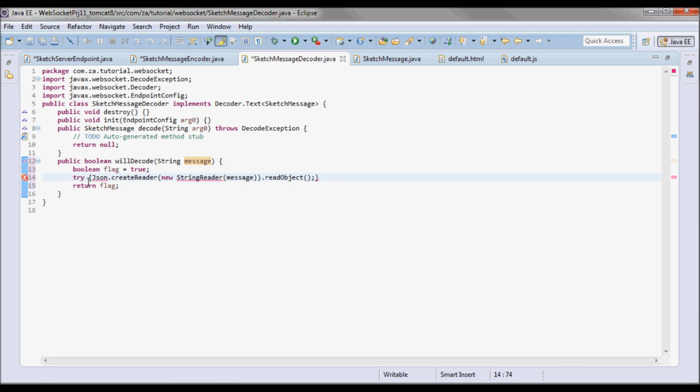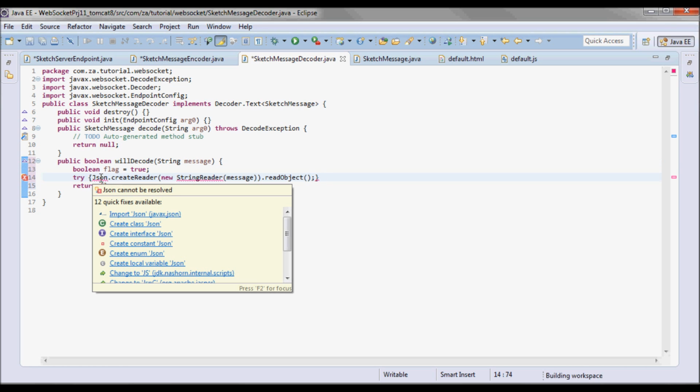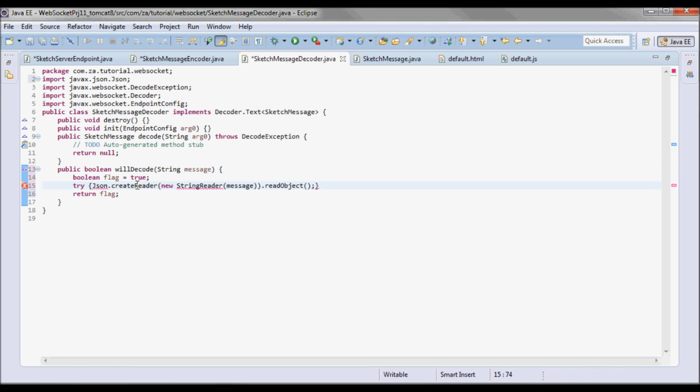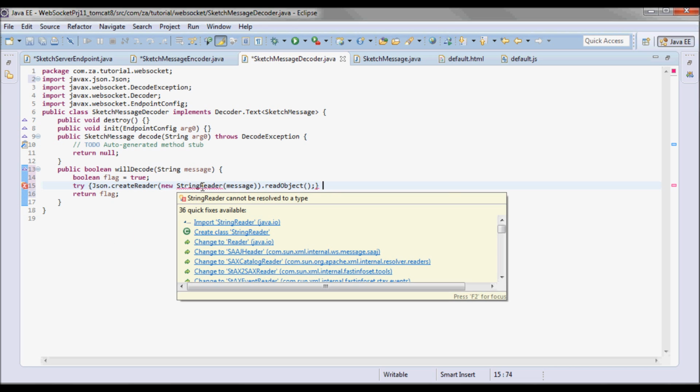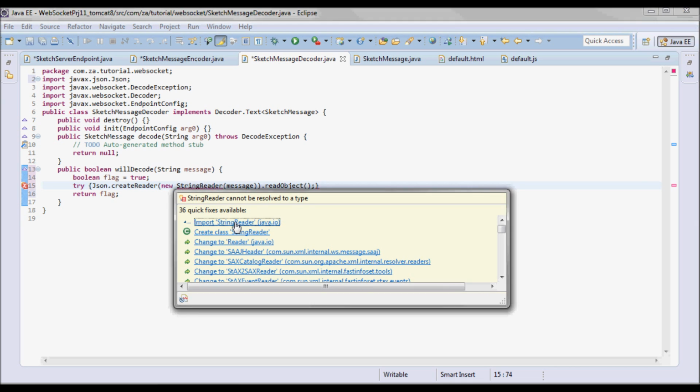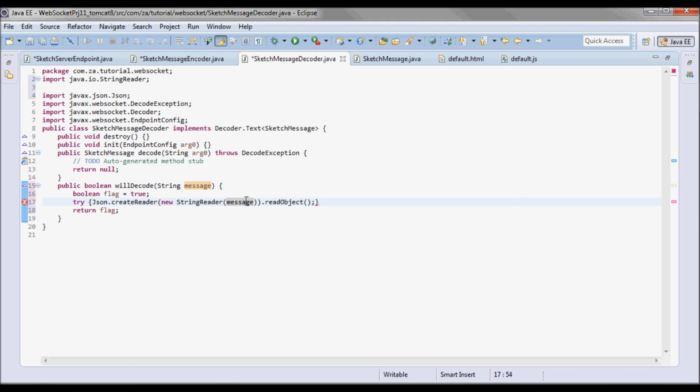So I'll do a try JSON dot create reader, this static method, passing in a string reader instance, and then doing a read object. So let's have a catch block, and in case we can't read that JSON, I'll set the flag to false before returning it.